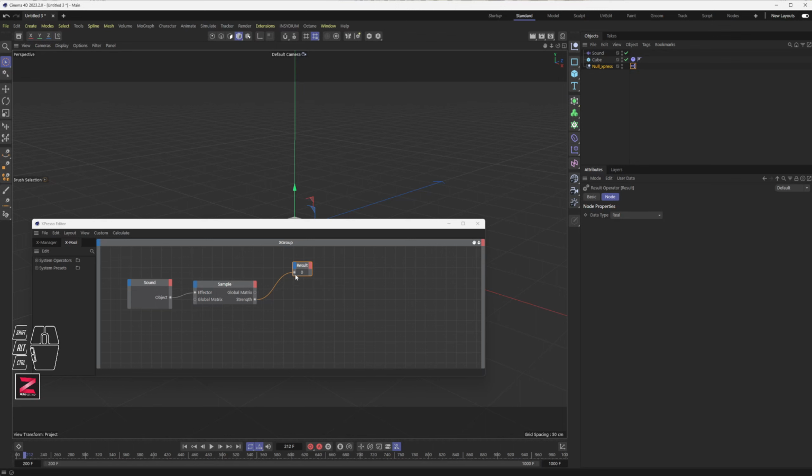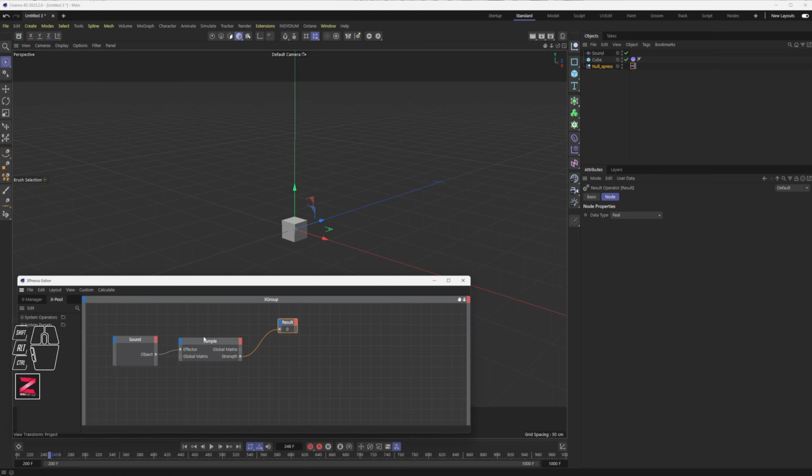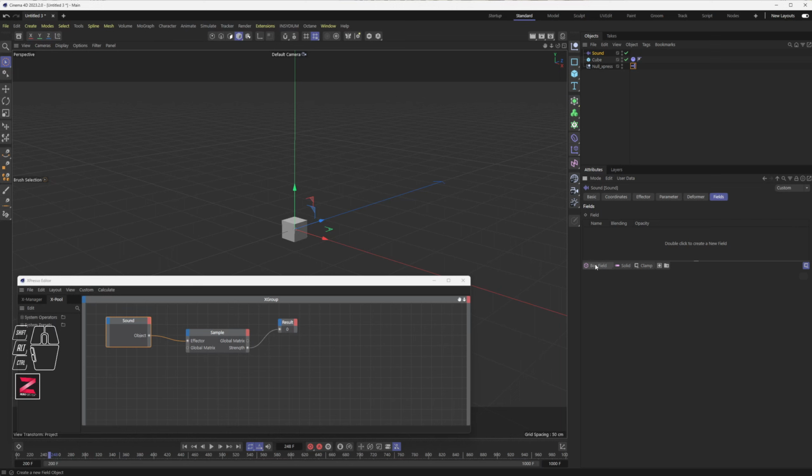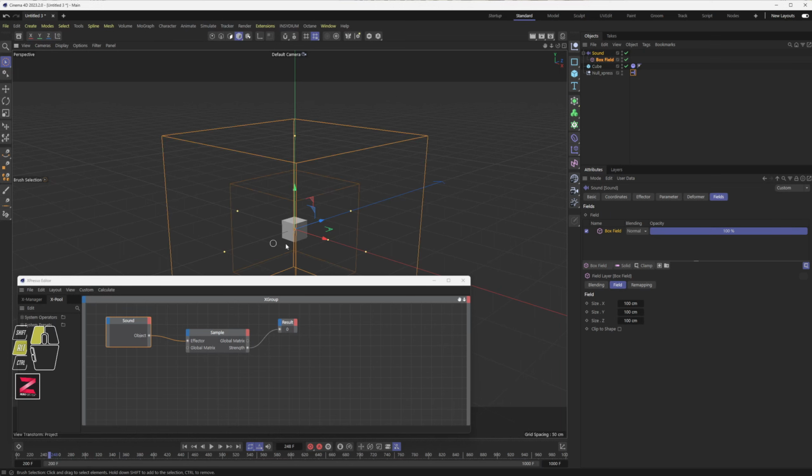As you can see, the result is always 0 because of something really special. You can extract a sample if the sound knows where you want to extract it. Actually, the sound effector is not affected to any cloner, and it has no idea if it needs to extract some data or not. So you can force it by adding a simple field, let's say a box field,